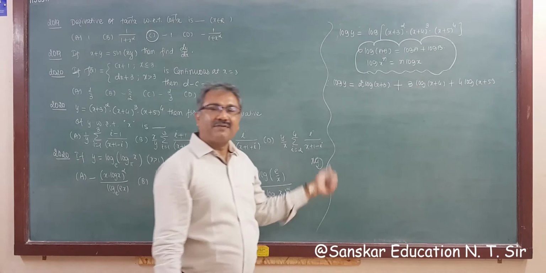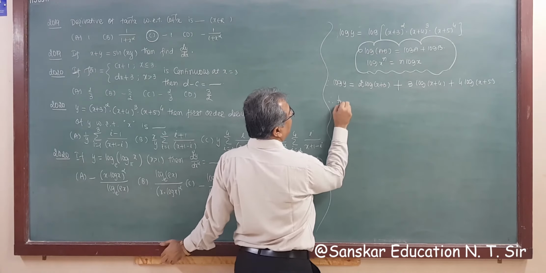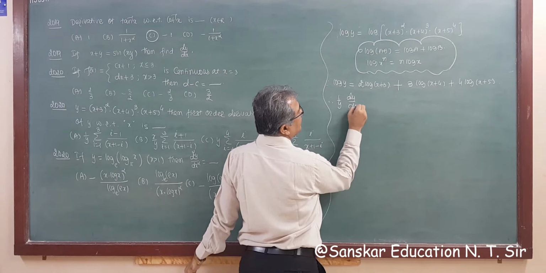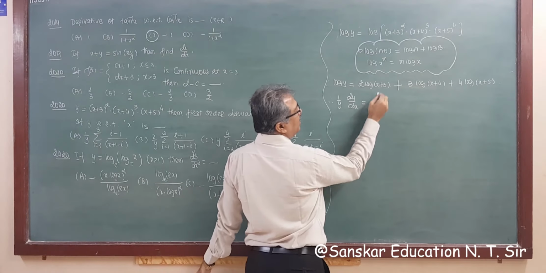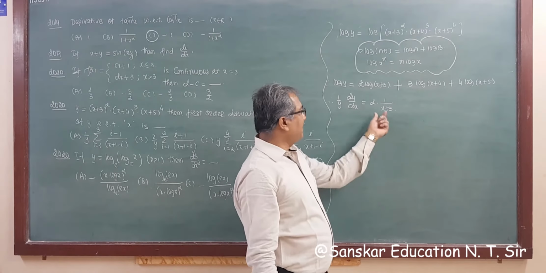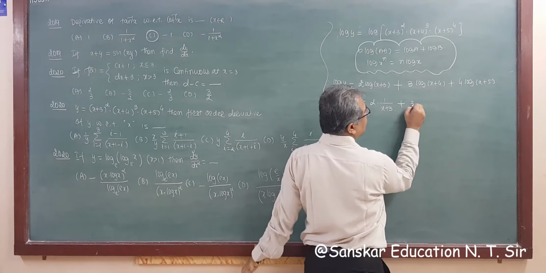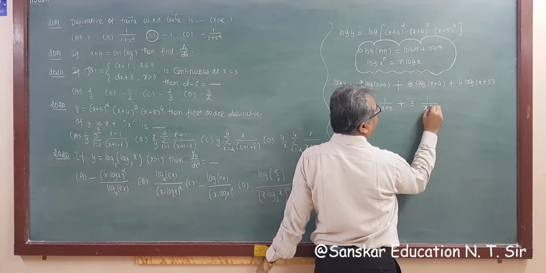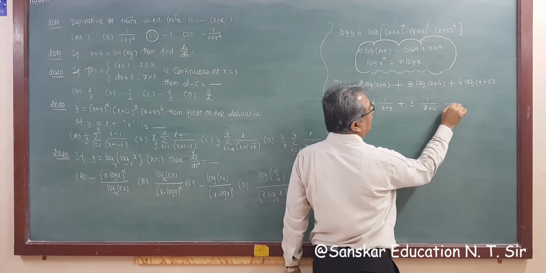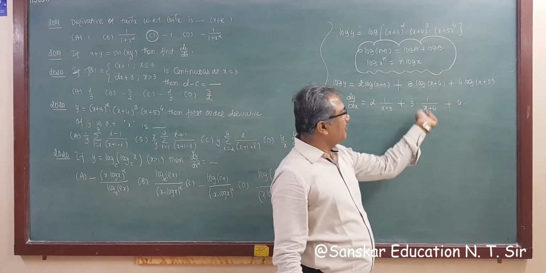Right? Now differentiating with respect to x, the derivative of log y is 1 upon y dy by dx. Now 2 is constant, log bracket derivative is 1 upon (x plus 3) and the bracket's derivative again is 1 plus the derivative of 3 is 0, plus 3 as it is, log bracket is 1 upon bracket, derivative of this is again 1, and this is plus 4 into log bracket, again 1 upon bracket, derivative of bracket is 1.